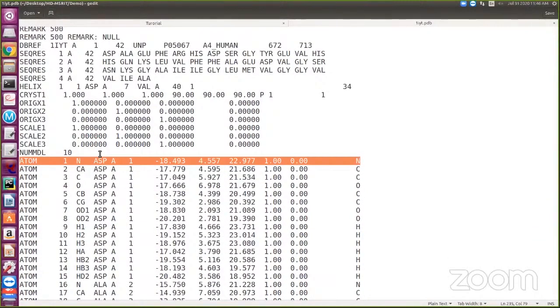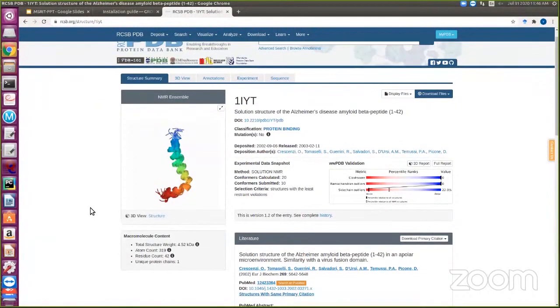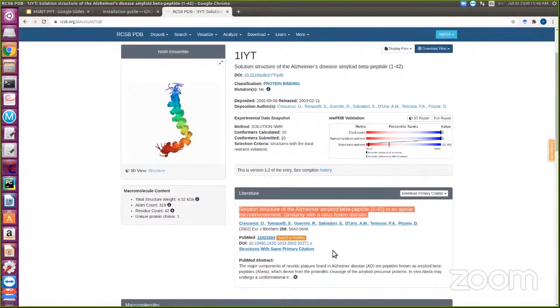Everybody, please, if possible, note this down. Before going to any simulation, first try to understand what that protein is. While doing X-ray crystallography, have they missed any residues, which we call missing residues? If you want to understand any protein, they have submitted a paper for this structure, and it will be available here. You have to read this paper: what they have done, how they crystallized it, whether there are any missing residues or any mutation they mention. Each and every thing you have to understand.